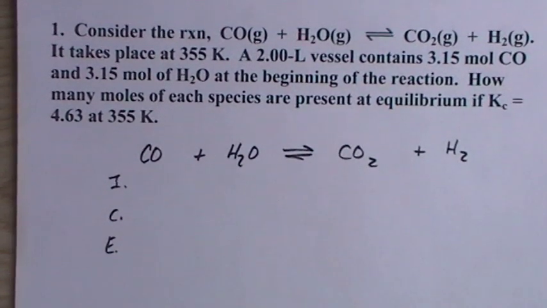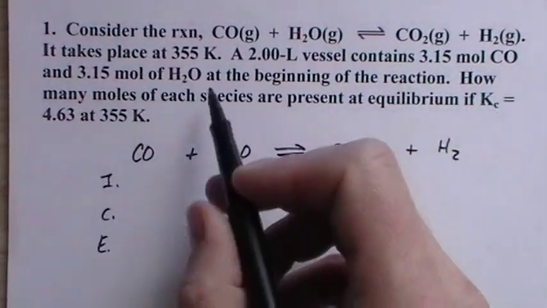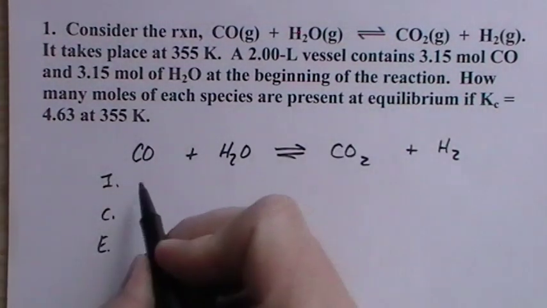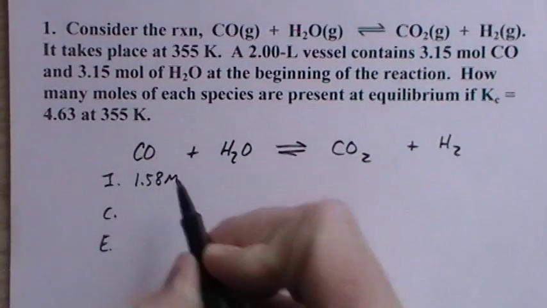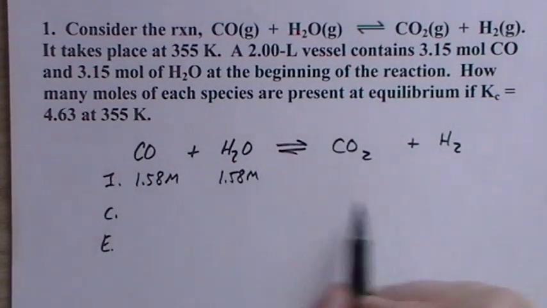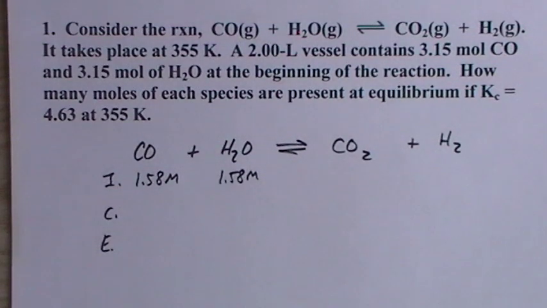information. If you're ever in doubt, just throw it into an ice table and see what you come up with. Now it's 3.15 moles in a 2-liter vessel, so 3.15 divided by 2 is 1.58 molar, and this is 1.58 molar. If we're going to deal with Kc, we need to be in terms of concentration. You can certainly put moles in here if you want, but when you get done, you're going to have to convert to moles per liter, and you'll see that once you've filled in the ice table, you're missing